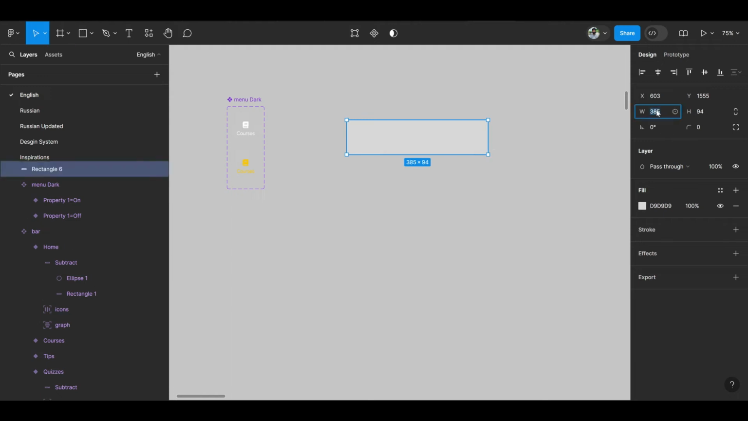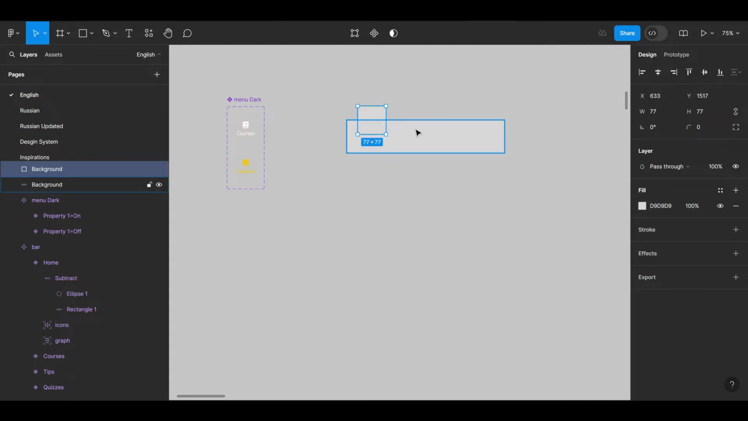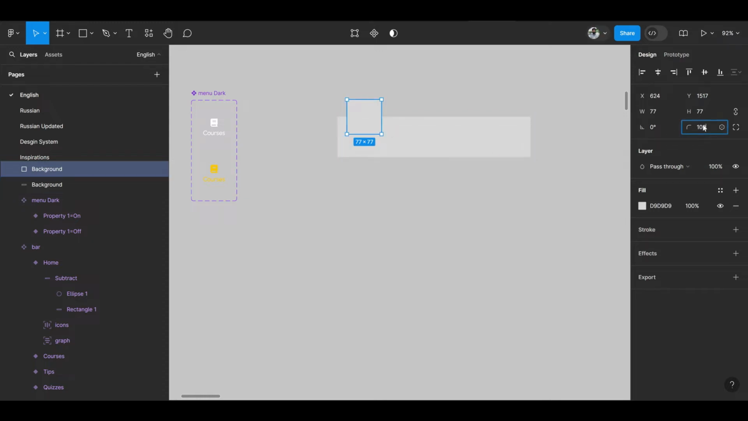Make a rectangle and the size of this rectangle is width 430 and height 90. And I am going to use another rectangle which is subtractive with this large rectangle. After subtracting this navigation rectangle,